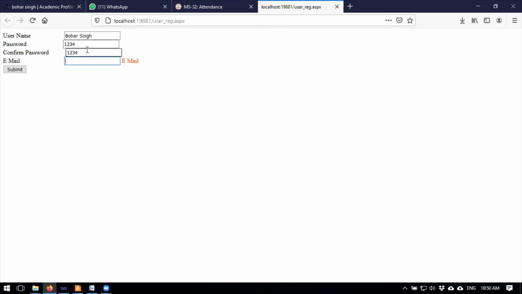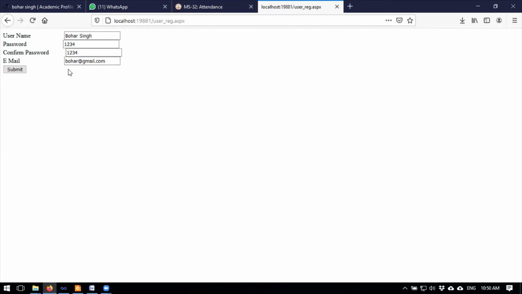Now email. For example, I enter go to @email. Now I press the submit. Now the user has entered the wrong email, which means it is not a valid email. Enter the valid email. For example, I put up the .com here, then submit the button.